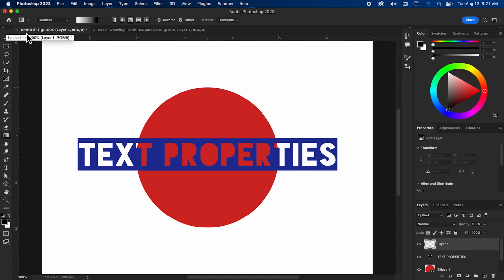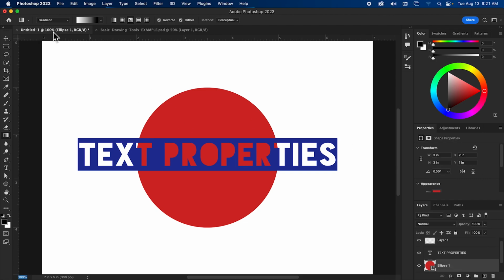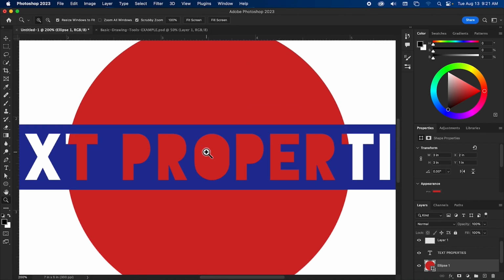Your document name, the size that it's zoomed to, the layer that you're currently on, and the color mode are all listed here. So if I go to a different layer, see that it's ellipse 1. If I zoom in, you see that it's 200%, and so on and so forth.